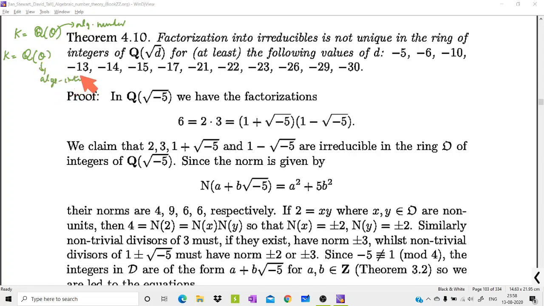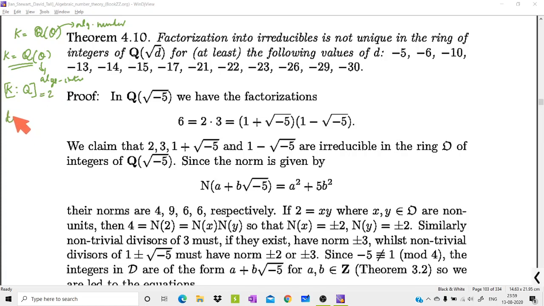So what is the difference between an algebraic number and an algebraic integer? If you consider an algebraic integer, the minimum polynomial of this theta will have integral coefficients, while the minimum polynomial of an algebraic number has rational coefficients. So in theorem 2 we see the theorem which states that any number field can be written as Q of theta. If this number field is said to be quadratic, then the degree of K over Q is 2.